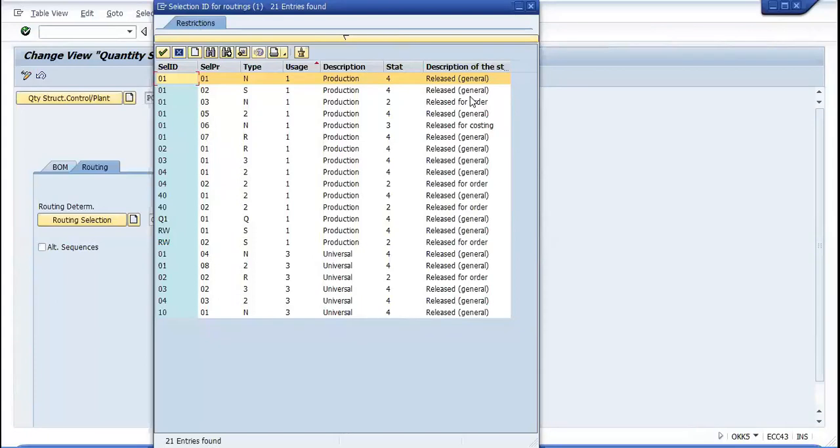And here it provides the reference operation set, rate routing, reference rate routing, standard network routing, cutting planning profile. These are the different combinations of routing reference.